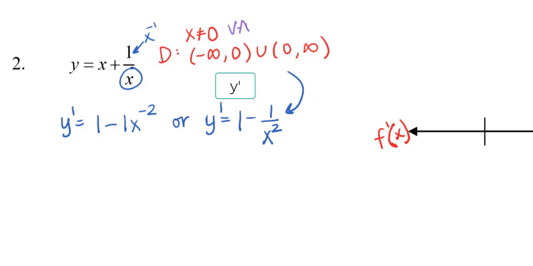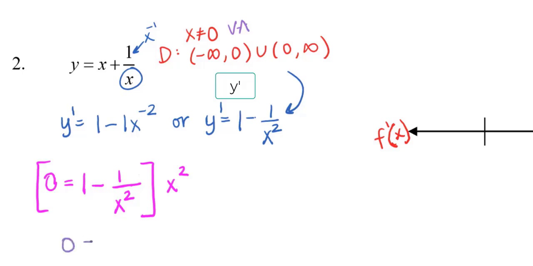So I will go ahead and set this equal to 0 and find the critical values. I'm going to multiply everything by x squared. There are other techniques, but hopefully our algebra is pretty solid at this point. I will factor. That way I can see the conjugate pairs. And I get two solutions for x, -1 and +1. And yet there are three values if you look on your number line. Well, that's because if I write these in order here, I have a -1 first, then a 0, and then a 1. And I also am going to label this as a vertical asymptote.